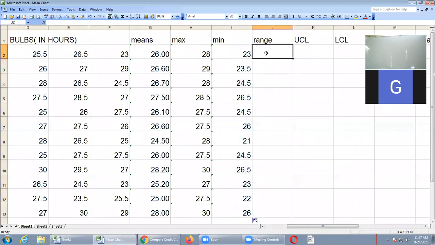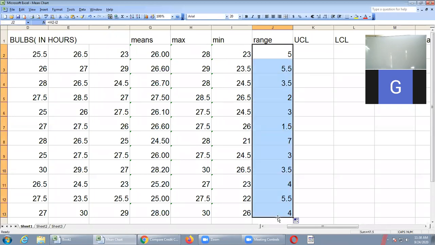Okay, after that you have to calculate range. All of you know the range formula is nothing but maximum minus minimum. Whenever you write a formula, always press the equal to button. Maximum values are changing, minimum values are also changing. Whenever values are changing, always select them; whenever it is a constant, type that value. Now maximum values and minimum values are changing, so select the values: first maximum value minus first minimum value. Select the minimum value and then press enter. You got the range value. I have written the formula, so you drag and you will get the remaining values.